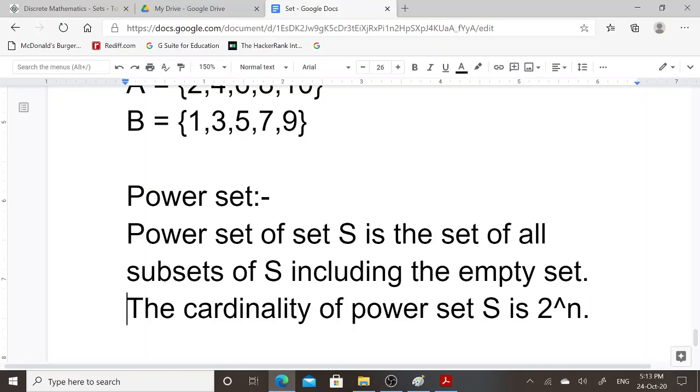The cardinality of power set is 2 to the power n. Here n is the number of elements present in the set and the base value is 2.